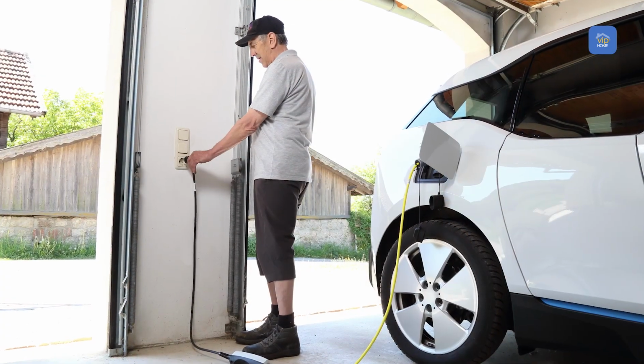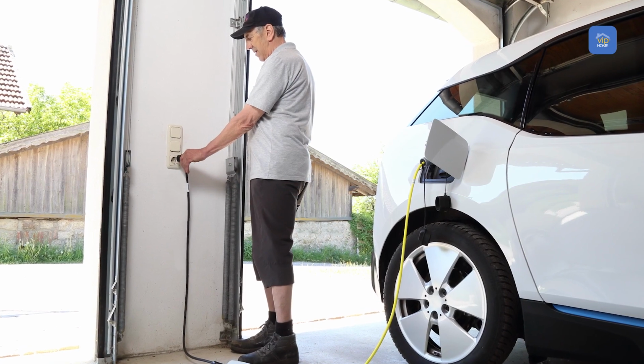Okay, so can homeowners use, as you said, just a normal outlet to charge it, or do they need like a 240-volt outlet? What does that look like? Yep. So the normal outlet on your wall, the 120-volt outlet, is for level 1 charging. And so that will get you about 5 miles of range per hour of charging. So for example, if you charge for 8 hours overnight, that would be about 40 miles of electric range for